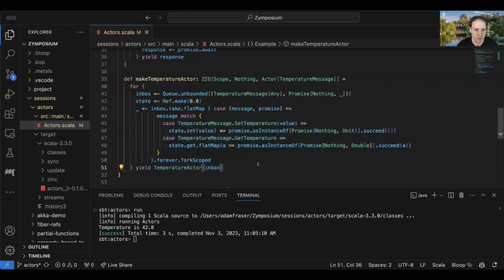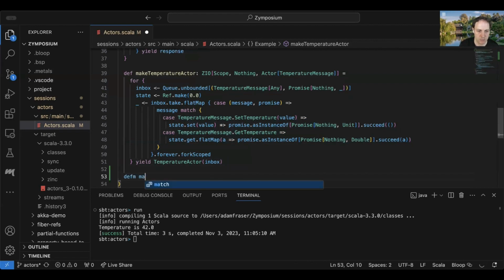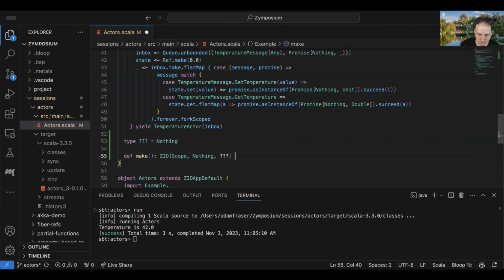So let's explore that a little bit. So I think we're saying I want make, and right now I'll just give myself an empty set of parentheses just because I need to figure out what's going to be in there, not because that's actually right. And I'll even put a question mark here just for a sec so we can explore this.